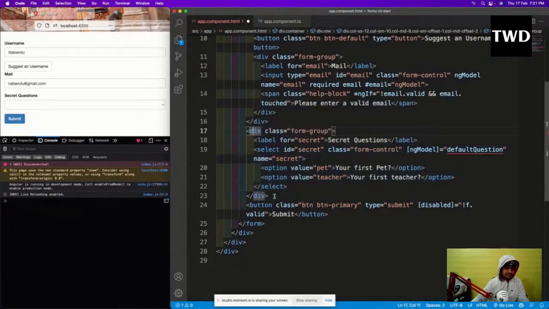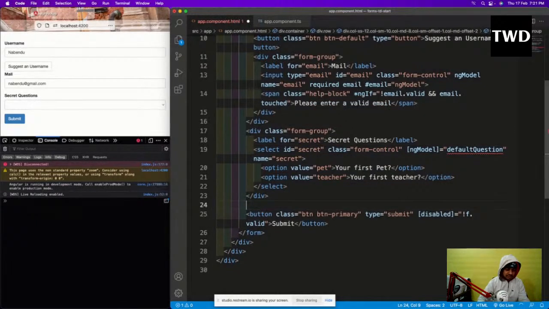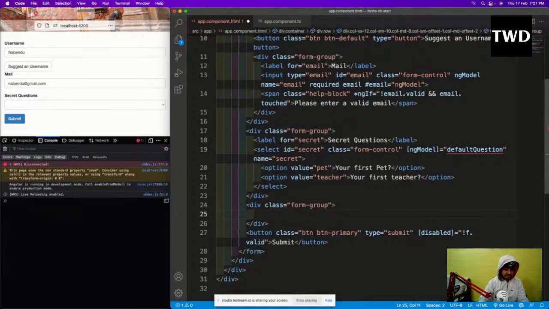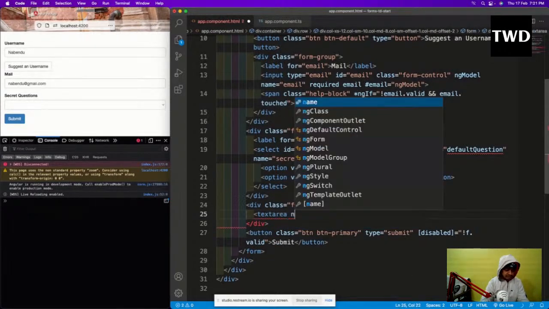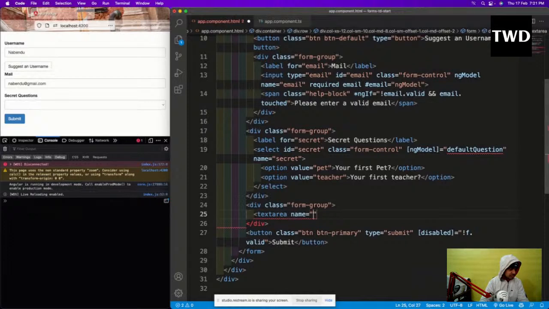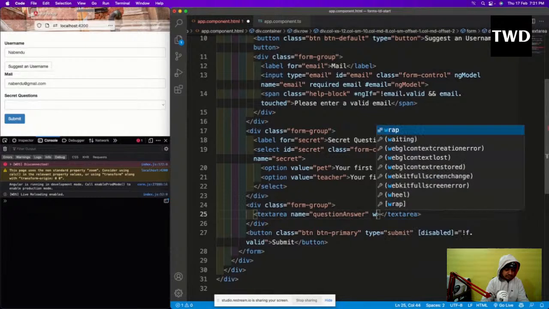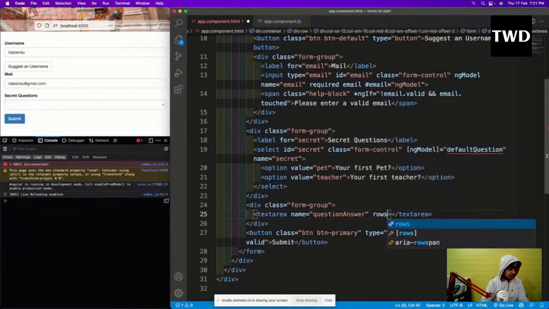Then div.form-group is there, and then I'll have a text area with name equal to question answer, rows equal to 3,